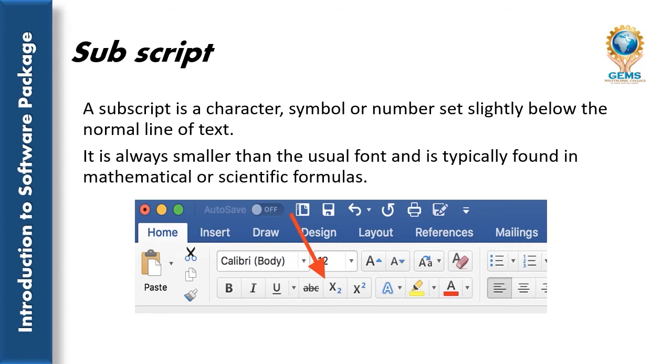It is always smaller than the usual font and is typically found in mathematical or scientific formulas. You can see this in the Home tab: there is an X with a subscript 2. This is the subscript symbol in Microsoft Office, in the Home tab.